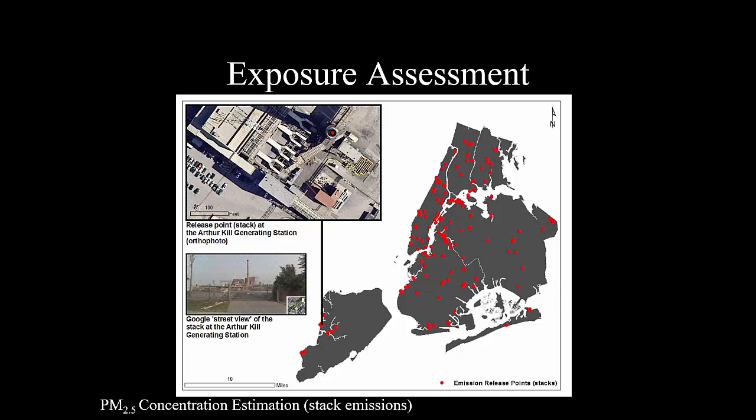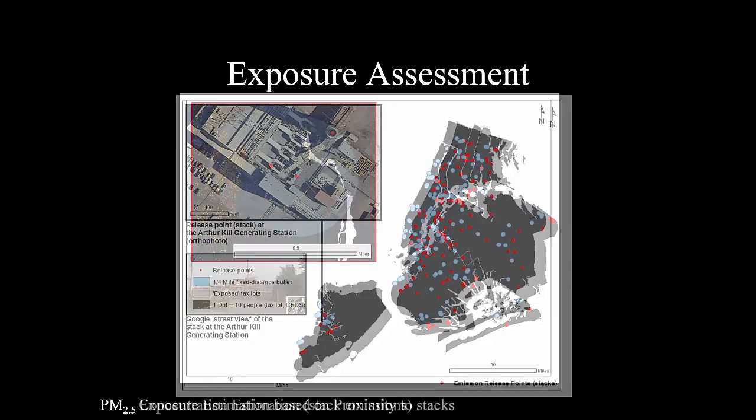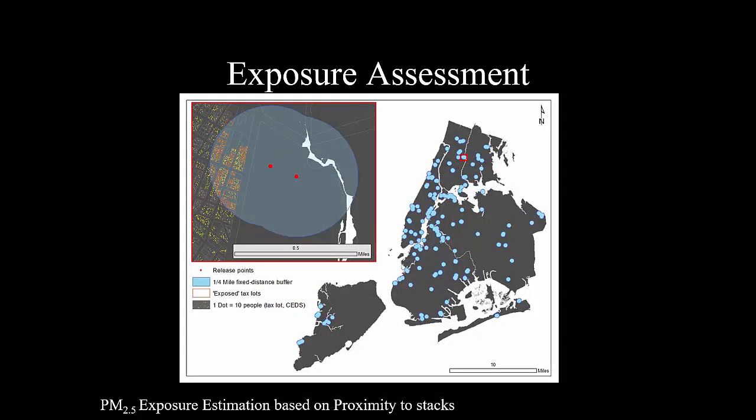This slide is showing the major stationary sources of PM2.5 pollution in the city, again from back in 2002. The red points represent the actual stacks of the facilities that are emitting the pollution. This is different from the MODIS and EPA data from before in that it focuses on specific sources of pollution rather than ambient levels. With this stack data, we can do a simple analysis to estimate who is most impacted by those sources of pollution. This slide shows simple proximity buffers, which make the assumption that if you live close to a source, you're more impacted by it.